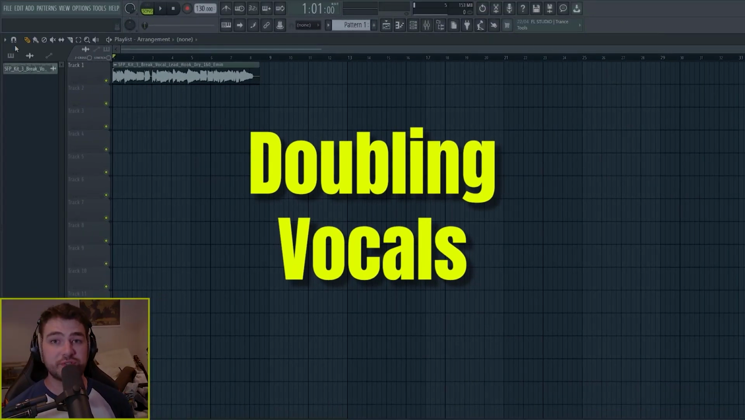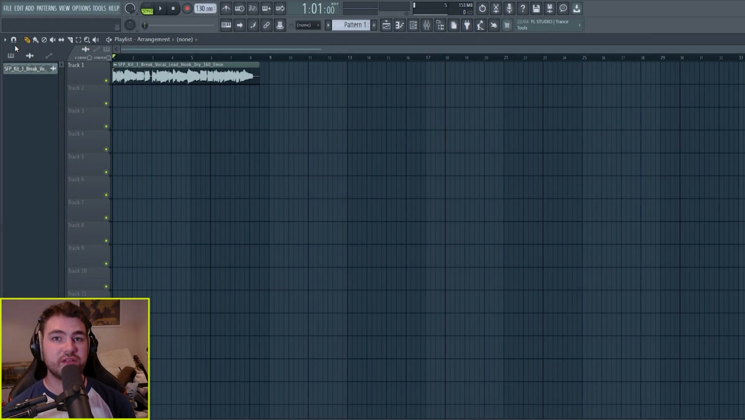Now, another great use for the sampler in FL Studio is to duplicate the vocal track that you have and then change the pitch of the other one, whether it's an octave down or an octave up. Then you can have the same track in unison, but one's a different pitch, and it just creates this nice